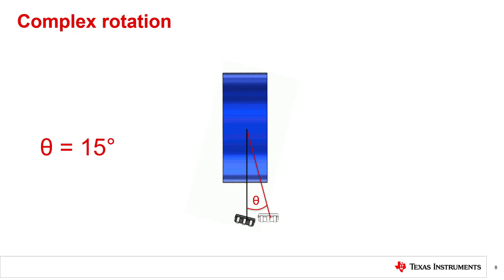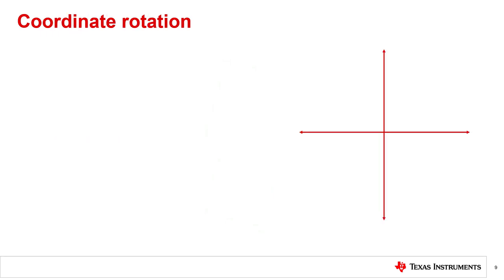The challenge is correctly calculating the position we want to use to do this. Imagine a coordinate location shown here at distance d from the origin, which will be our magnet center in this example. We can look at this location as the individual x and y coordinates, or as a vector at some angle, shown here as theta, from the x-axis. In this case, we would represent our starting x and y coordinates using basic trigonometric functions. This represents our starting position, but let's now look at how we could rotate this vector to find new coordinates for our tilted reference.